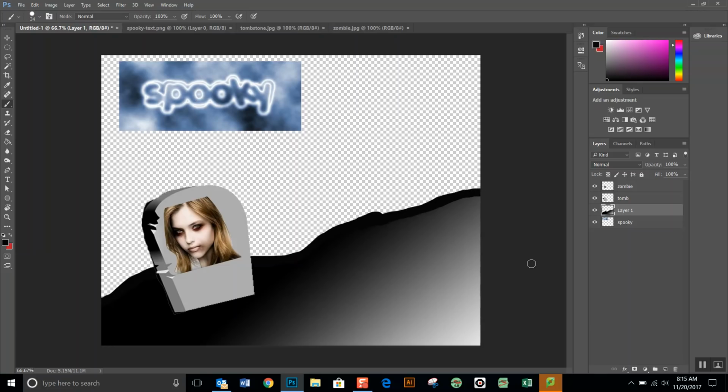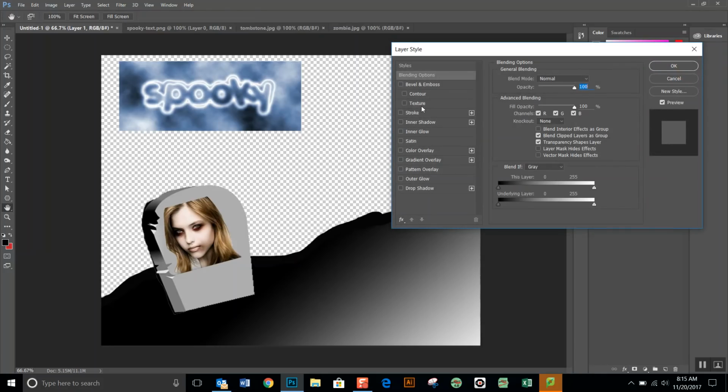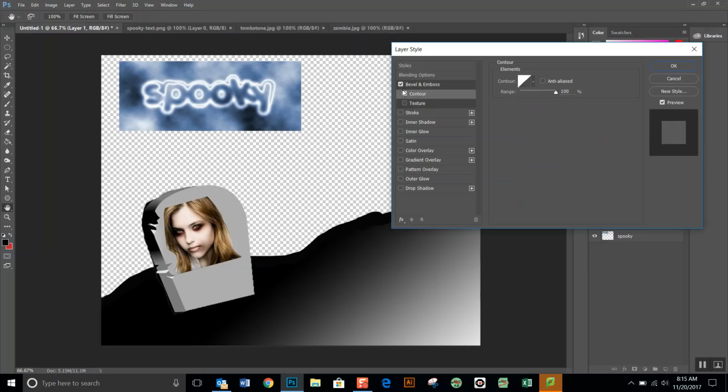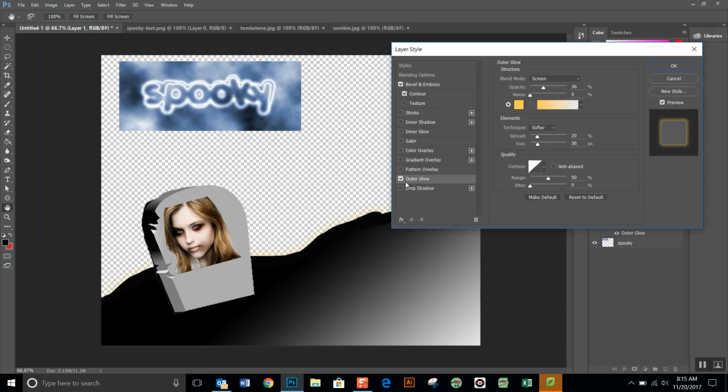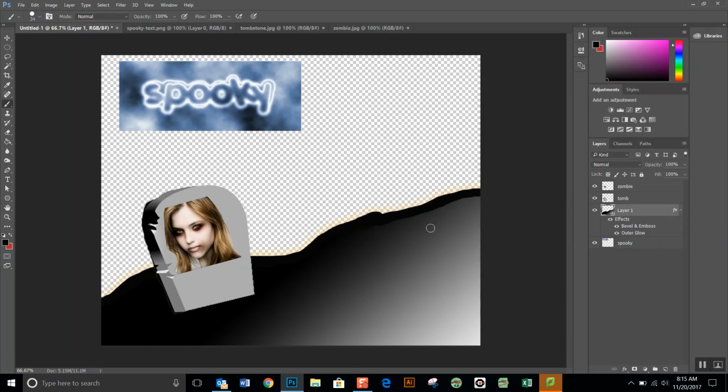All right. So now I personally contoured it and beveled it. I think I put an outer glow on it. I didn't do a stroke, but I played around with it, so I've got that. The second thing is that you can do your moon. So I just went to